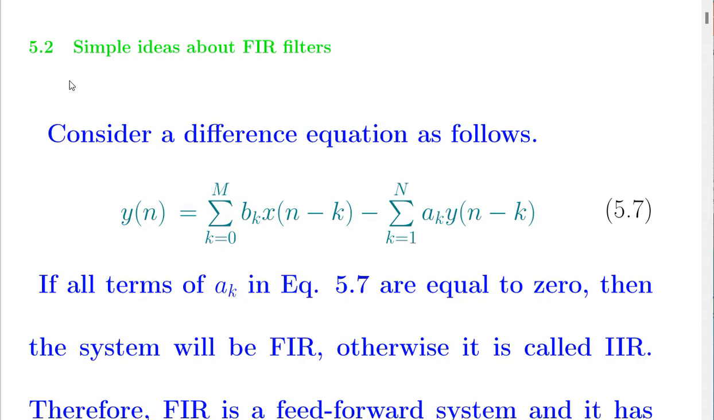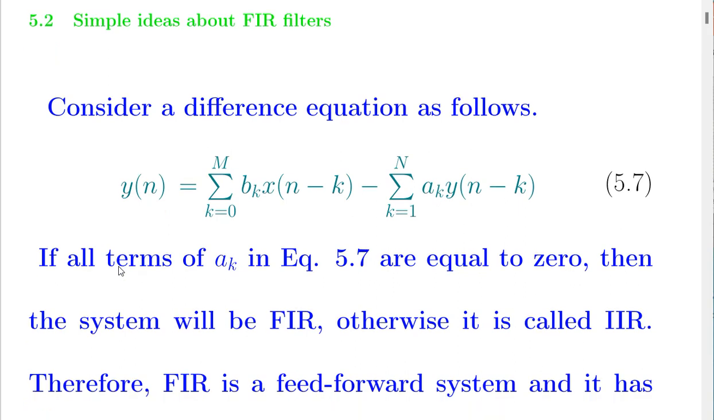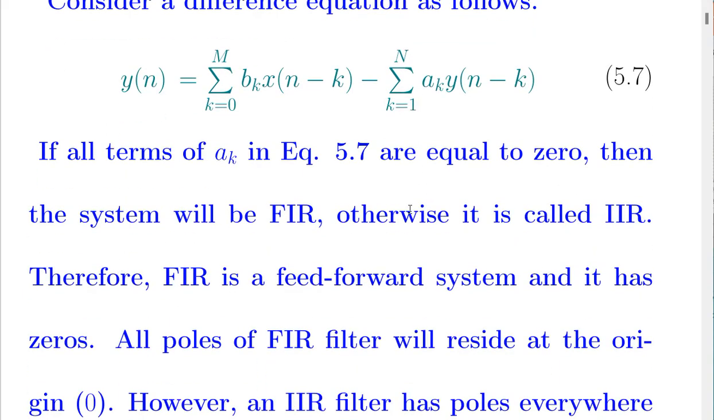Simple ideas about FIR filters. Consider a difference equation as follows. Output y of n is equal to terms related to input, feed-forward terms, b_k, minus terms related to the output, y of n minus k, a_k. Okay? In terms of a_k in equation 5.7, if all a_k terms are equal to 0, then